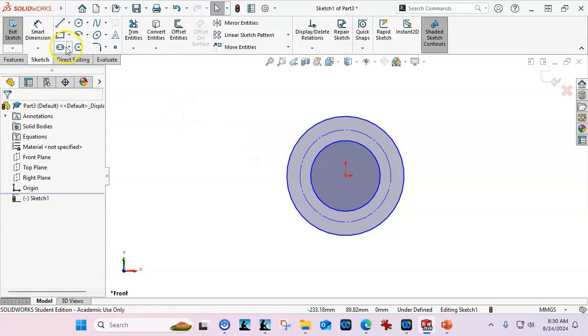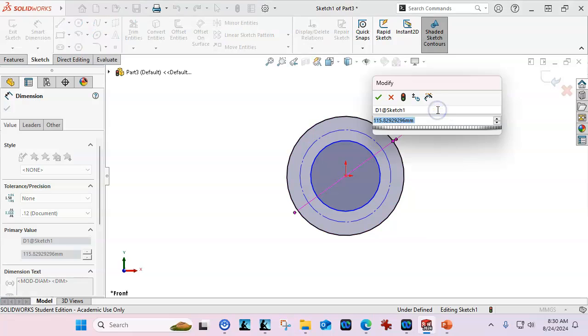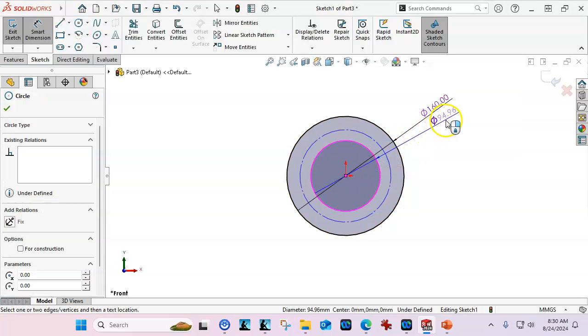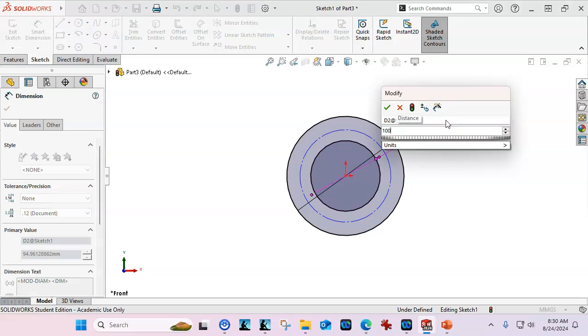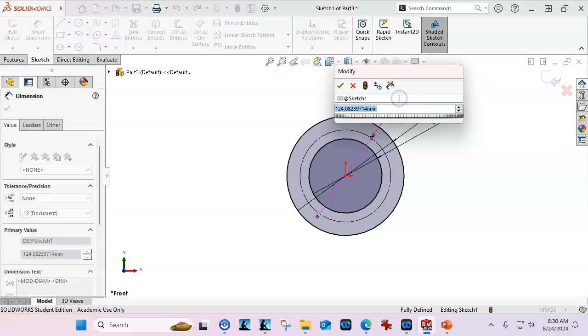So let's go ahead and add a few dimensions. Our OD was 160, and that will scale pretty much everything. 100, and our bolt circle was 65.26